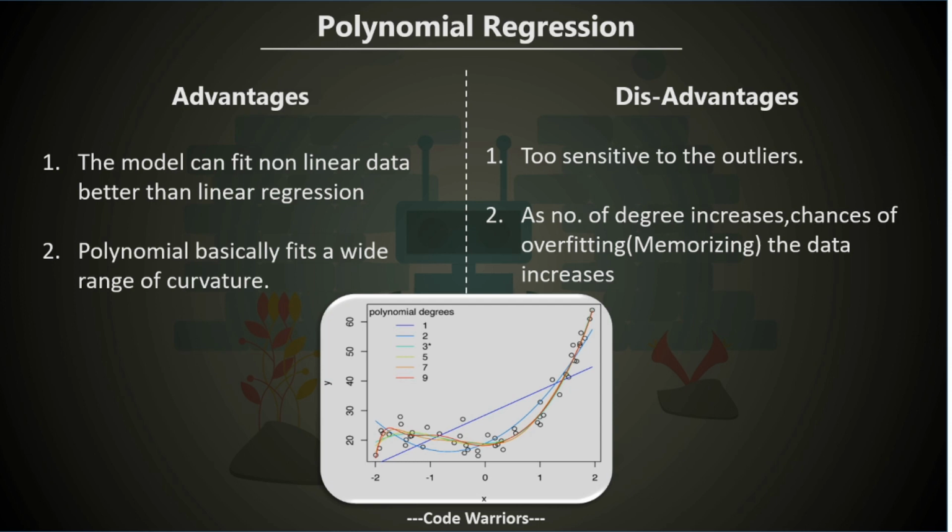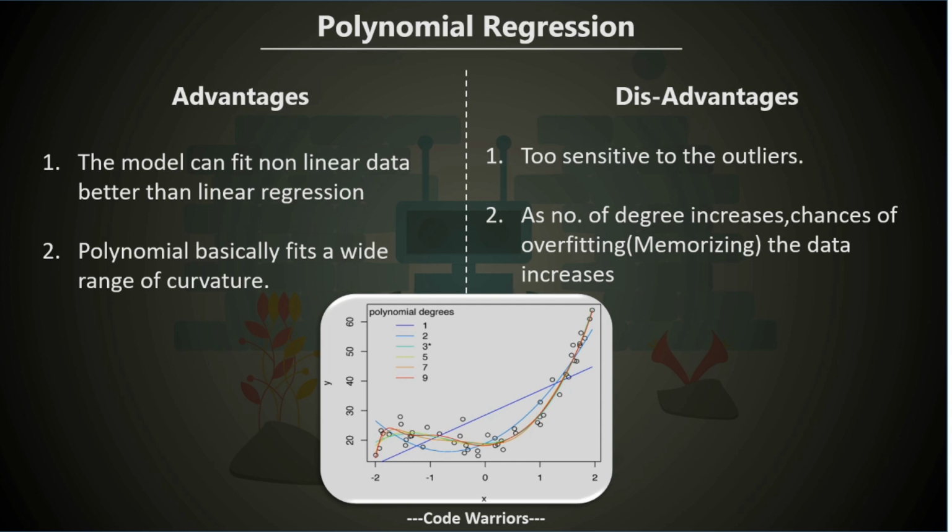Now, as you can see in this image, there are data points and the linear line, that is the purple line, which is also referred to as polynomial regression with a degree of 1. As you can see, the data points that are farthest away from this fitting line are referred to as outliers, and those kinds of data points make polynomial regression so sensitive that even the slightest change in those data points changes the curvature. And as the degree increases, the curvature of polynomial regression is going to increase.